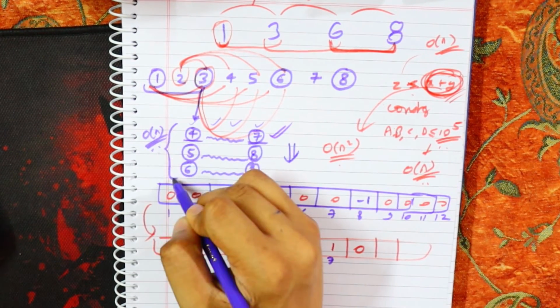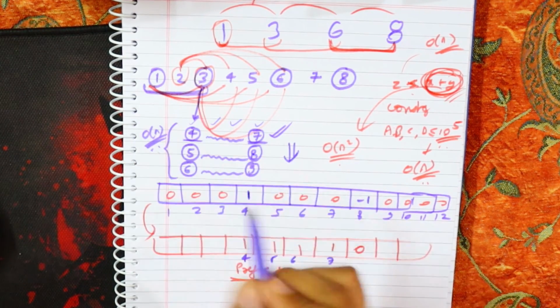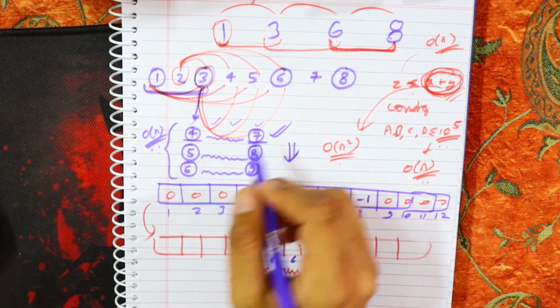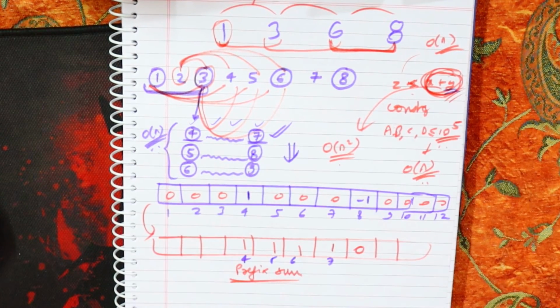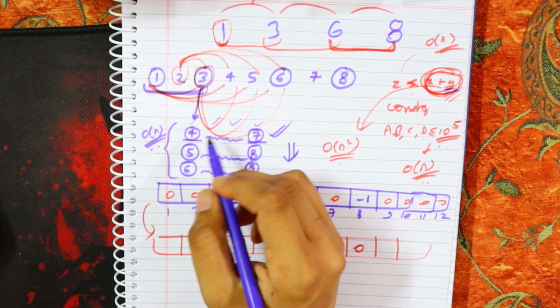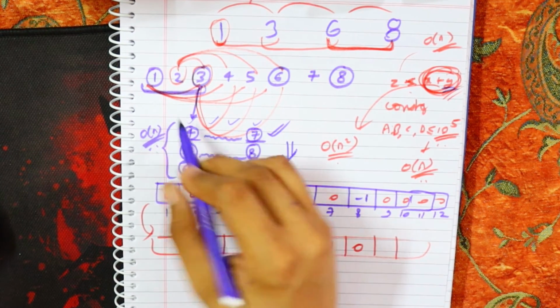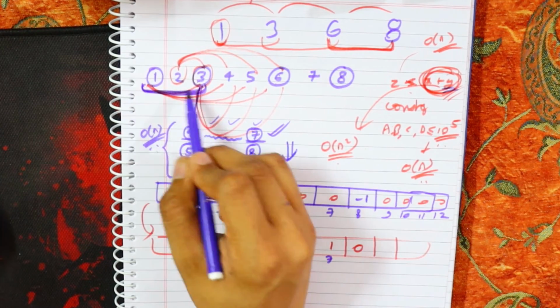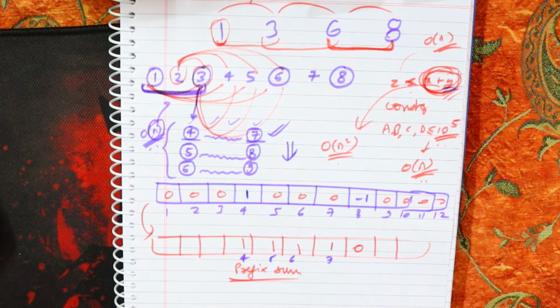So in O of n, I will iterate over my whole range of A to B, and in O of 1, I will update my value of x plus y which I wanted. Only in O of 1, by updating only the L and R plus 1 values for every element, here n referring to range A to B. I hope you understood it.